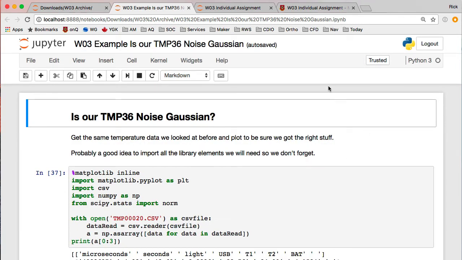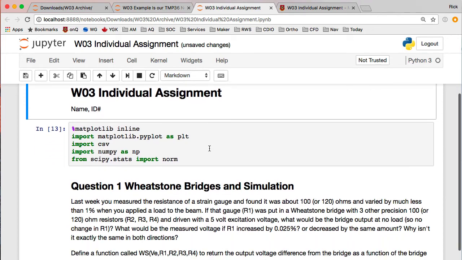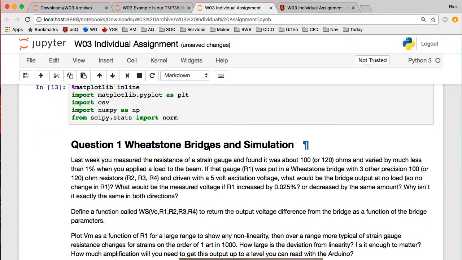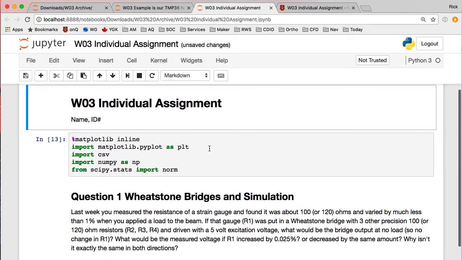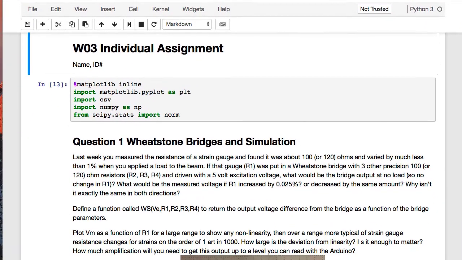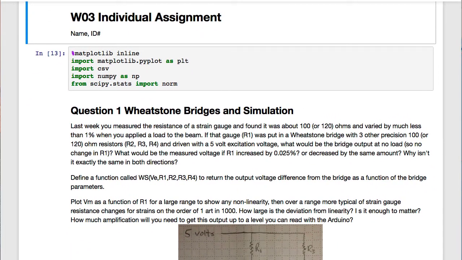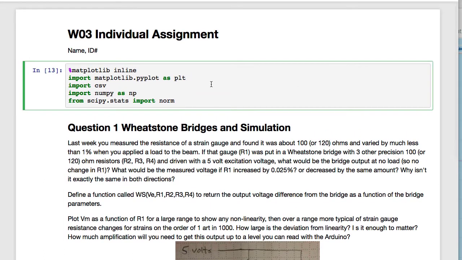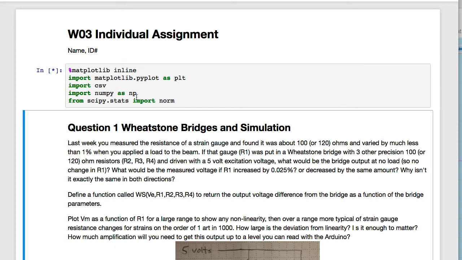So let's have a look at how this one works here. In our assignment, we can work through the questions in order and give you some hints along the way. I'm going to just move this up here a little bit so that we don't use up all the space on the stuff at the top. In this individual assignment, we've given you some stuff to import, so let's get those imports. And then the question asks,